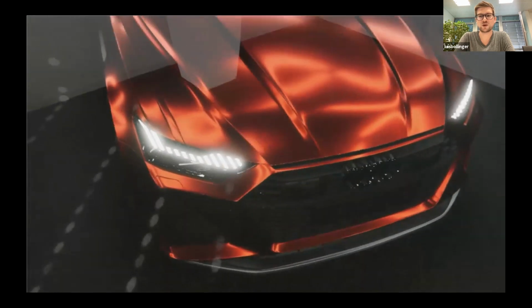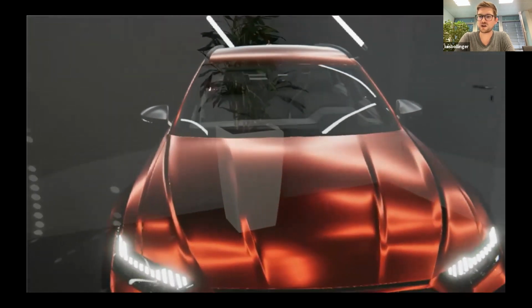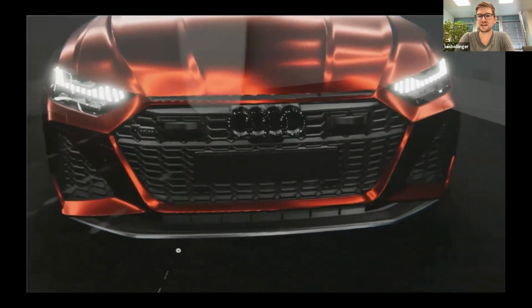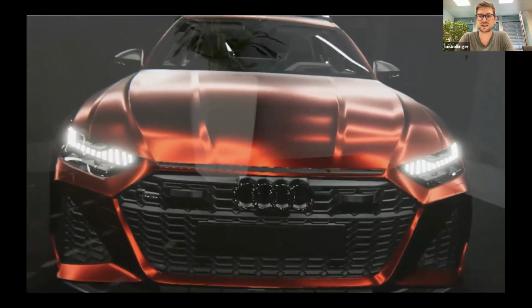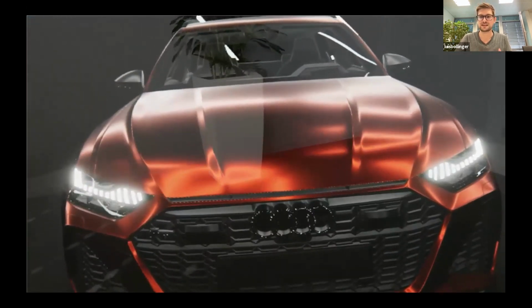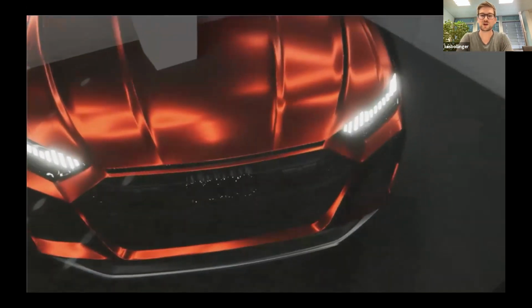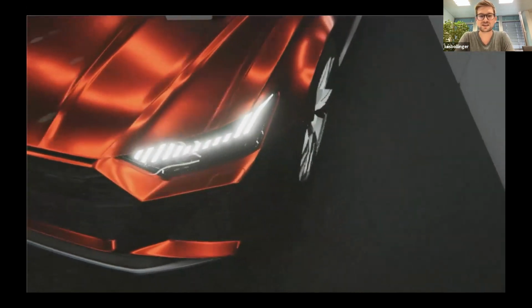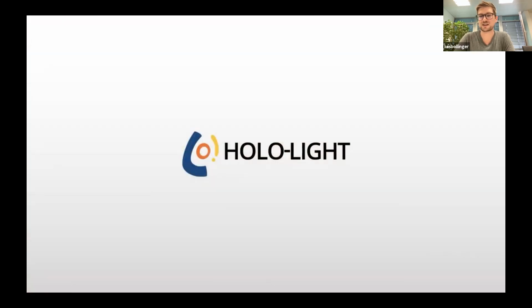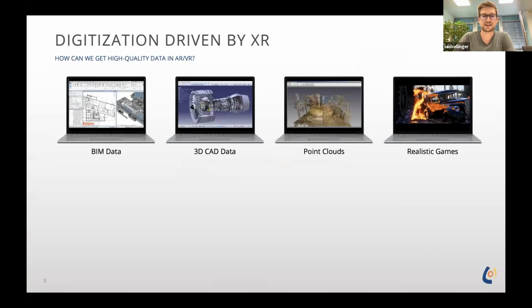What I like a lot when I see experiences in AR VR is experiences that show me some realism. Especially in AR, it's about getting additional content, and the more realistic it looks, the more engaging an experience can be. And what drives us at Hololight is that we realized that